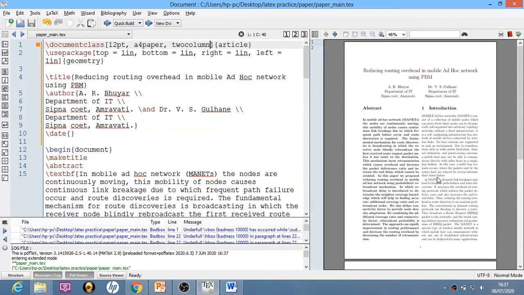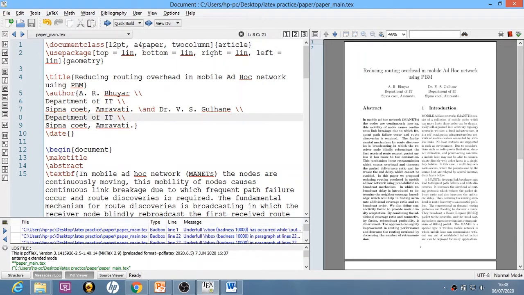Now again, the most important thing is that whenever you are writing a paper, it is not your responsibility to design the preamble. What should be the margin, what packages should I include in my LaTeX document, what should be my page size, how many columns are required. It is not at all your purview. The journal in which you are going to publish the paper will provide you the template. What is expected from you is that you just add data appropriately into that template.